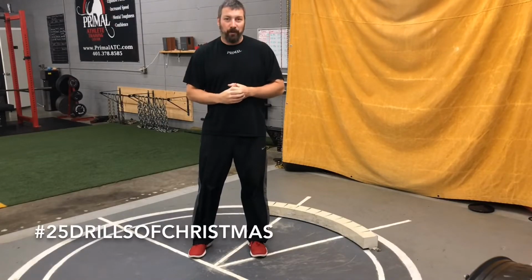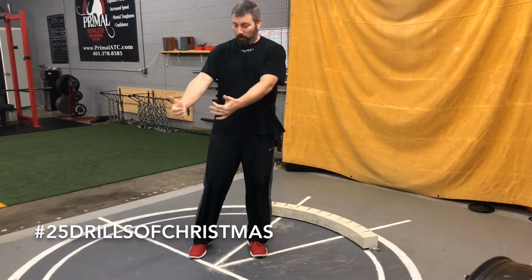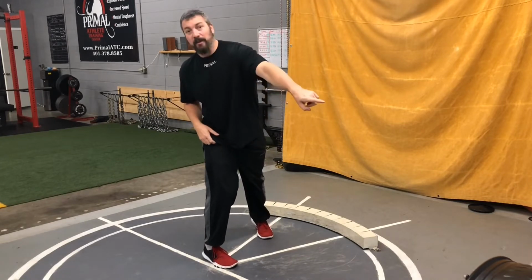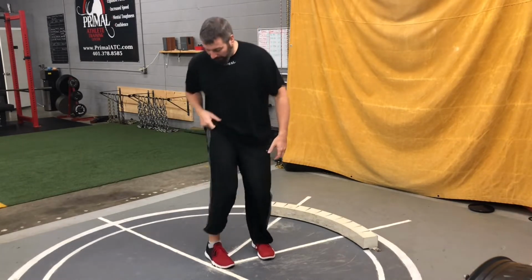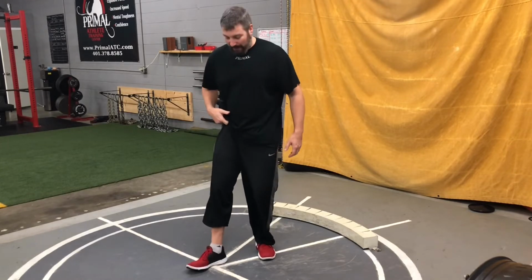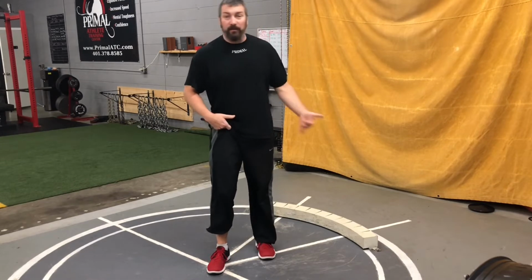25 drills of Christmas, day 3, drill 3. Let's talk about the power foot when you come out of the glide. We want that power foot to be facing toward either 9 o'clock if you're a righty, 3 o'clock if you're a lefty. But a lot of our beginner throwers, they either don't have the coordination or the balance or the strength to get in that position, and they always end up either dropping their foot or they have trouble turning the foot, and they end up sort of in this no man's land, flat-footed,